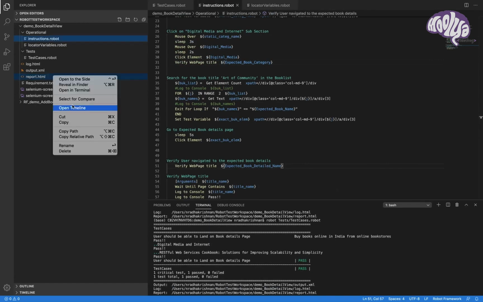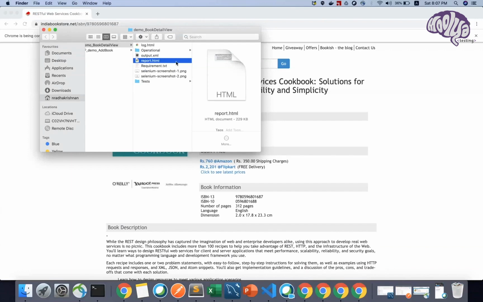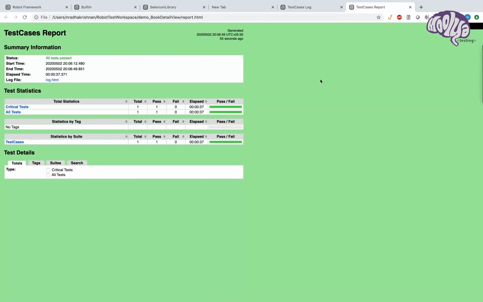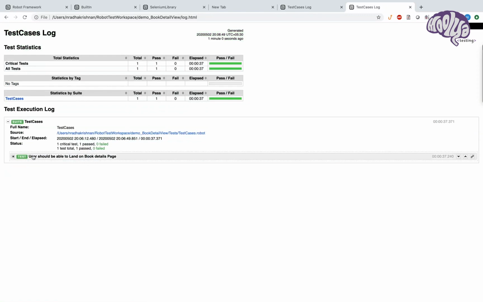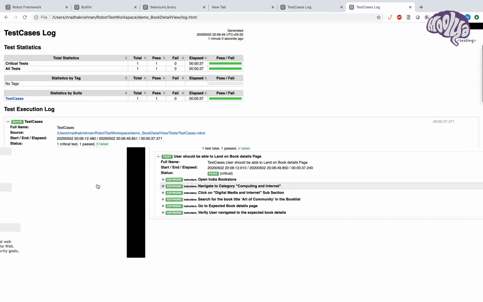The report is something Robot Framework provides, which is very useful. Whenever the case is passed, it will give you a green button when you go to the log. So this is my single user test case which I ran. All success, no failure. And open this. These are the different keywords which I passed, which you can see here.